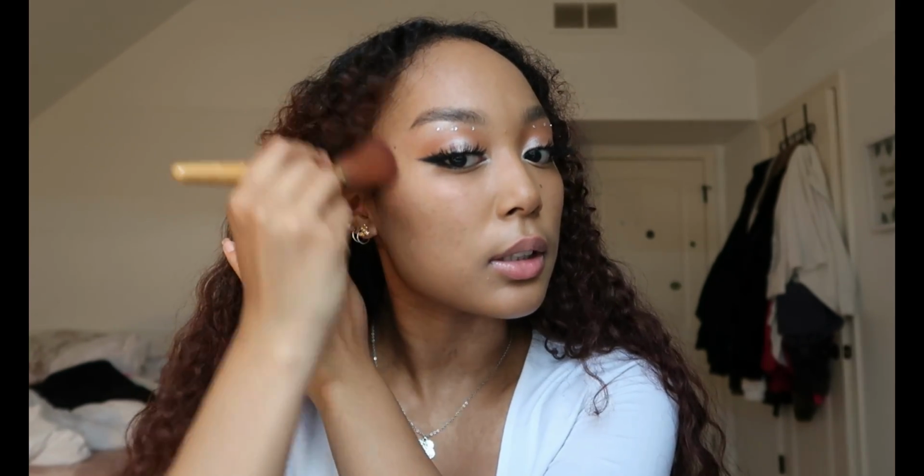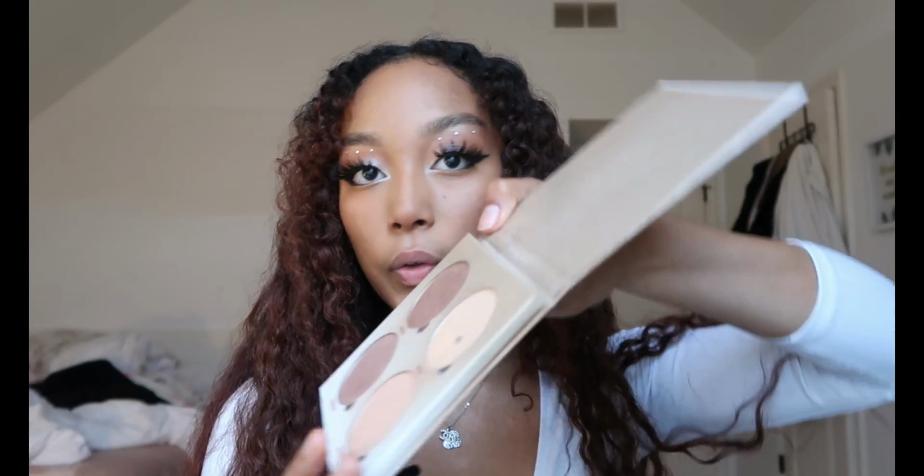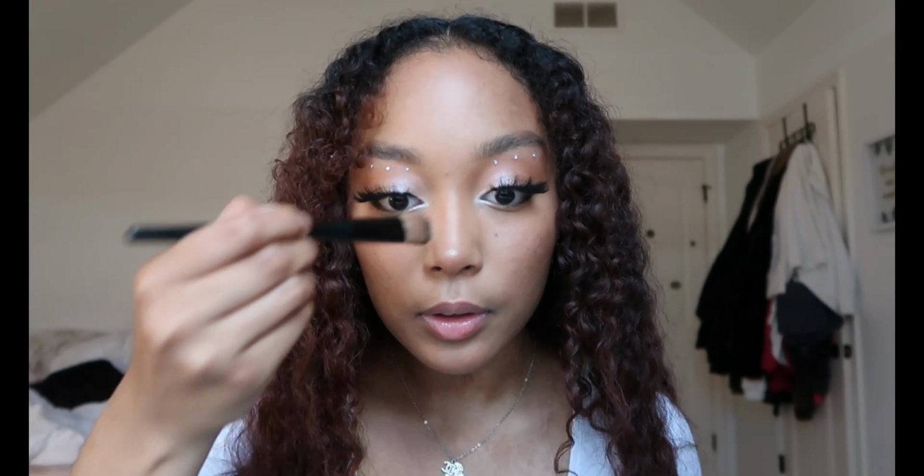And then you wanna look like a god, right? So you wanna be really nicely bronzed and glowy. I'm gonna do some blush. Okay, now I'm gonna take Summer and go on my nose. Literally do the smallest